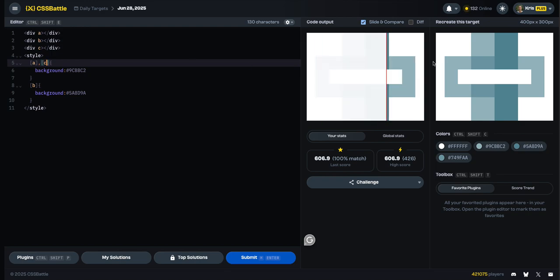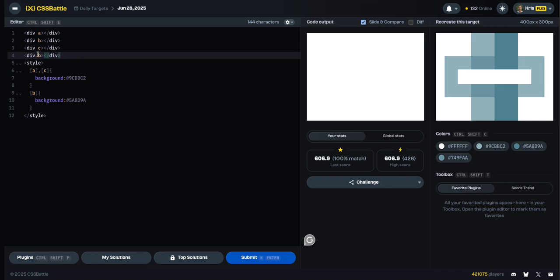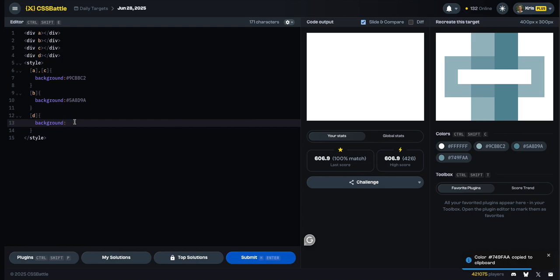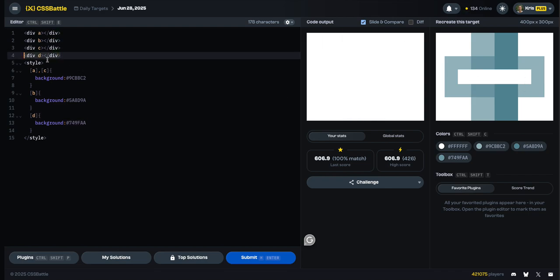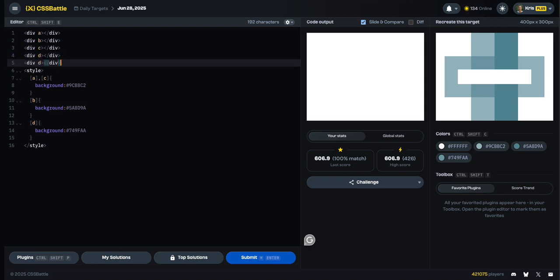And then we're going to take this one here, that's going to be D. And this is going to be the first element with the final background color. Okay. And then we already did that, so we're here. That's going to be E. It's going to have this background,